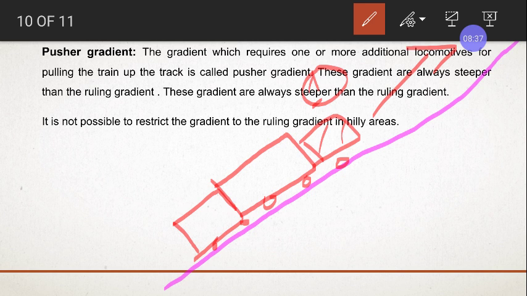right? It is not enough. That single engine will not carry the load on such a steep gradient, because the gradient that is provided here, right? This gradient is there. It is more than the maximum gradient. It is an exceptional gradient, as we say in the highways. It is more than that maximum gradient.